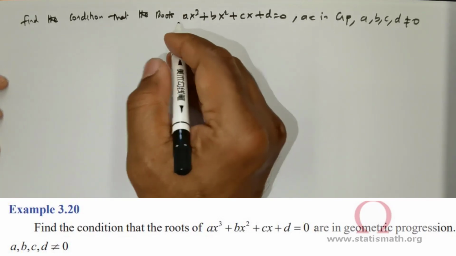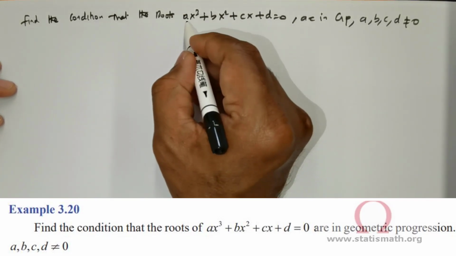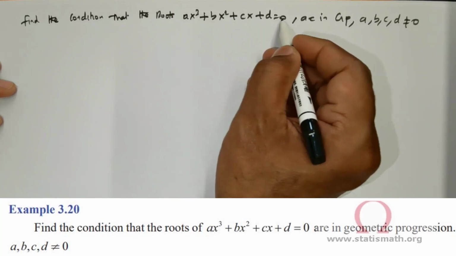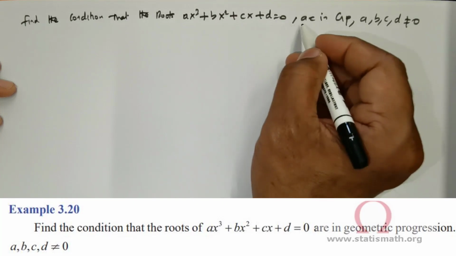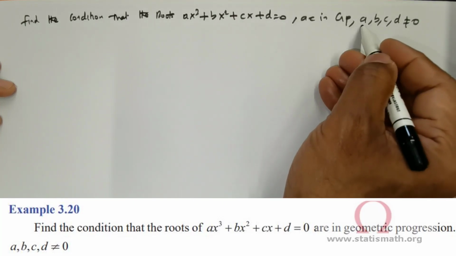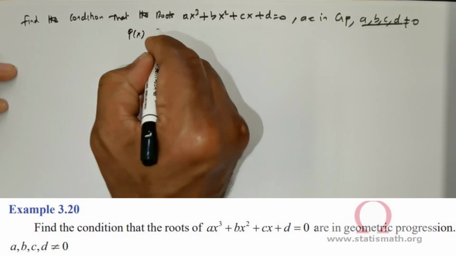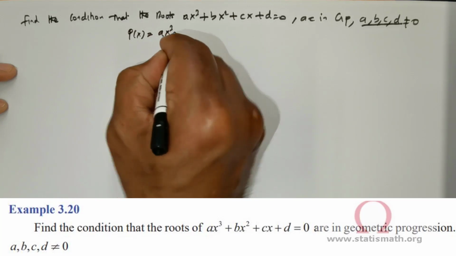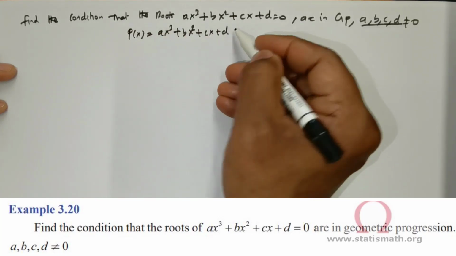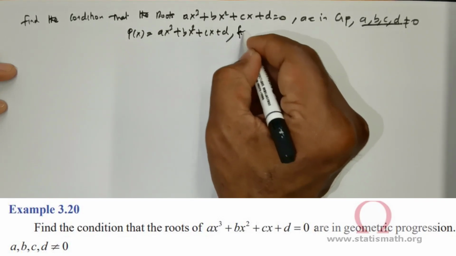Suppose we are given the question: given that the equation ax cubed + bx squared + cx + d = 0 has roots in GP, that is geometric progression, and abcd is not equal to 0. So we are given this polynomial p(x) = ax cubed + bx squared + cx + d, and we are asked to find the condition